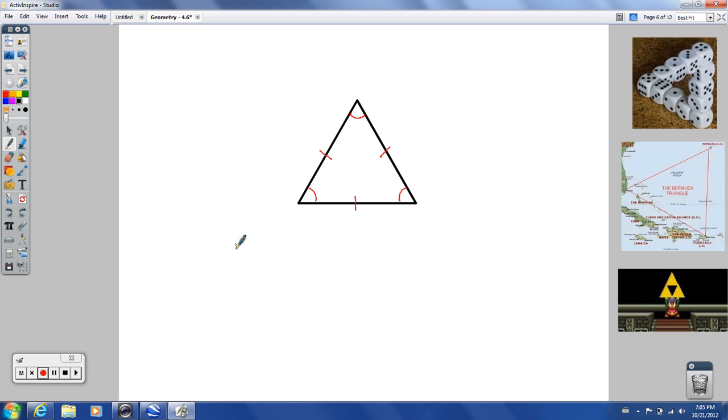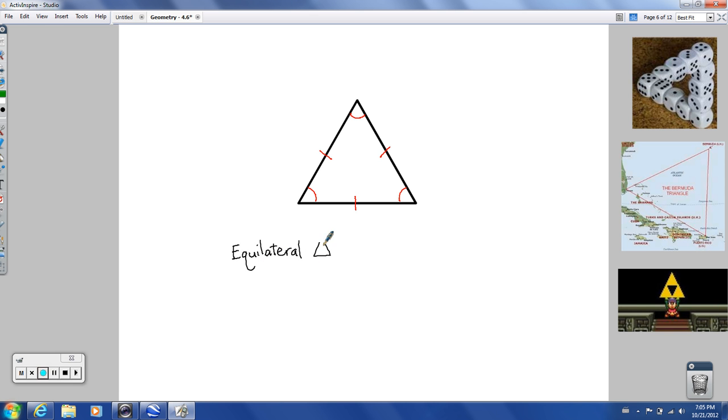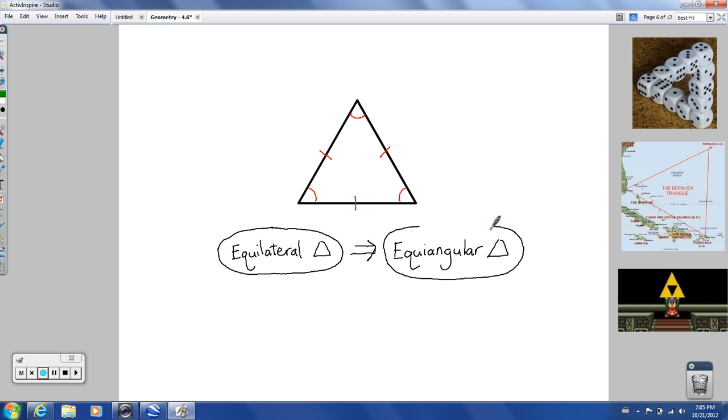Basically all it says is this: if you have an equilateral triangle, which I'm going to abbreviate using a symbol for triangle, I'll just say that if this is true, that implies that this is true. You have an equiangular triangle. And if you have an equiangular triangle, that implies it goes the other way, reverse direction. It's a biconditional statement in a sense. Equilateral implies equiangular, equiangular implies equilateral. So you can work both ways with this. This is the corollary